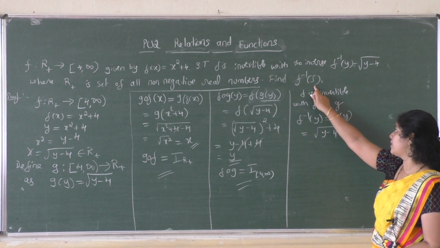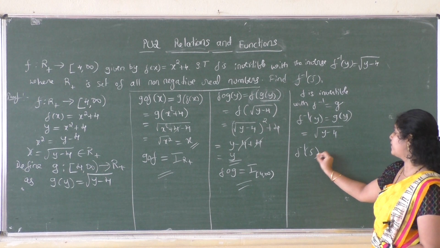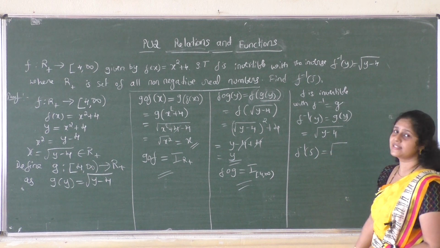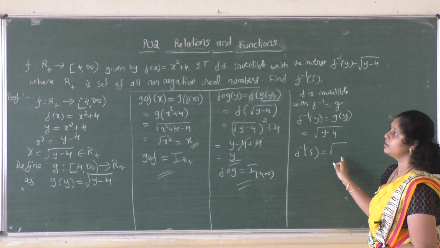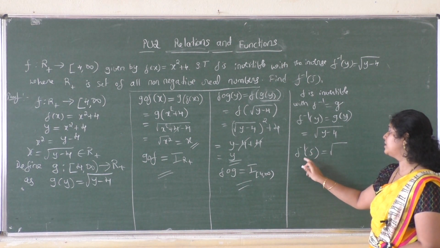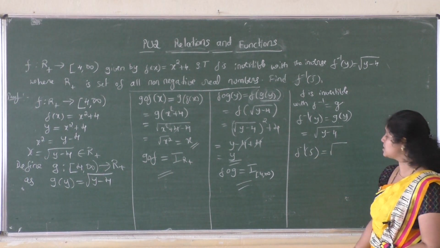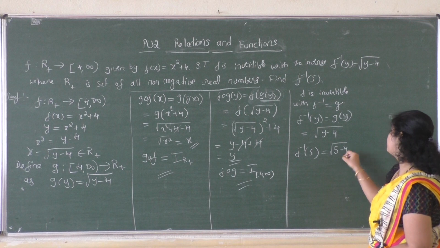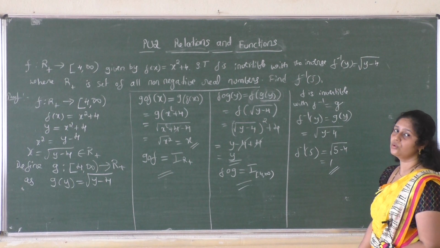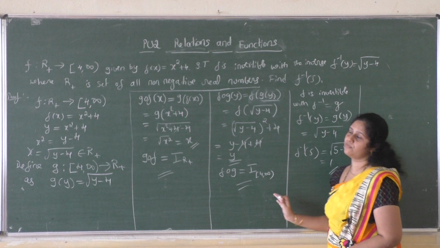Now the second question here, after writing f is invertible, what is f inverse of y? f inverse of y, that is equal to square root of, so y is the element that belongs to the codomain set. As phi is there in the codomain set, then y is phi. f inverse of y means that must belong to R plus, so root phi minus 4, which is equal to 1. So f inverse of phi equal to 1. Okay, that is the same step for any question.